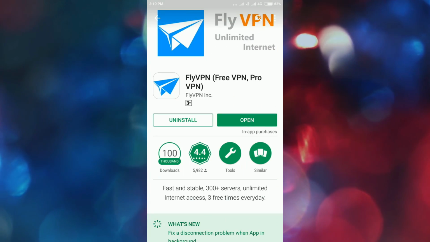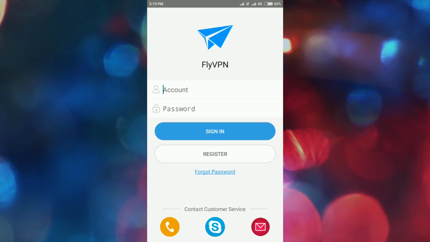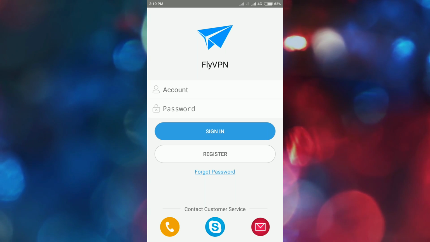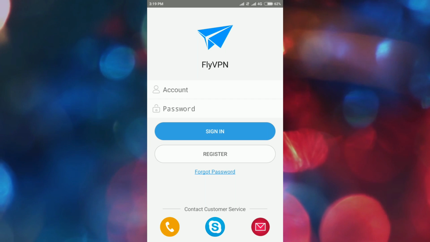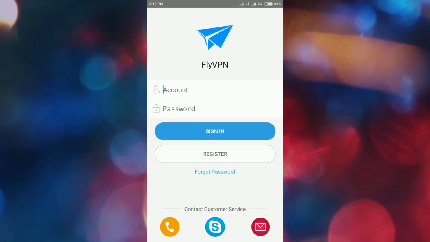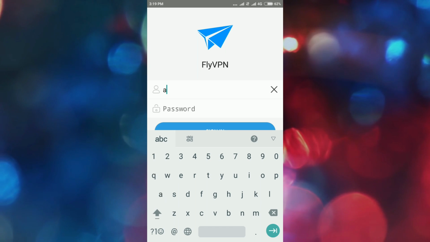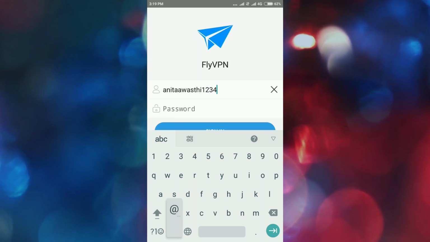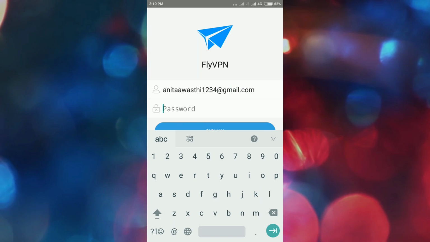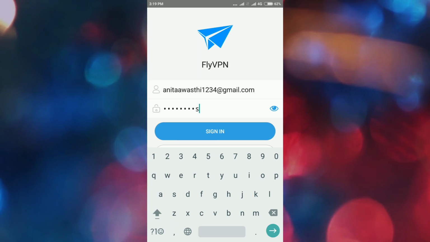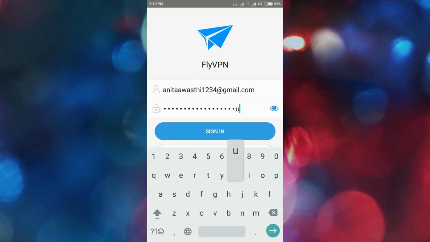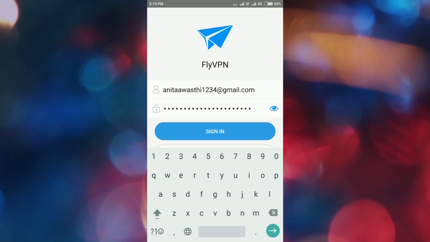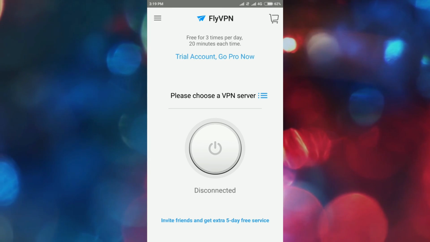So now it's installed, so now I'm going to open this app. Well guys, you need to register in this app, so make an account and register, and after that you can use it. Well, I already registered, so I don't need to register again. So now I'm going to log in. And now I have logged in, as you can see here.